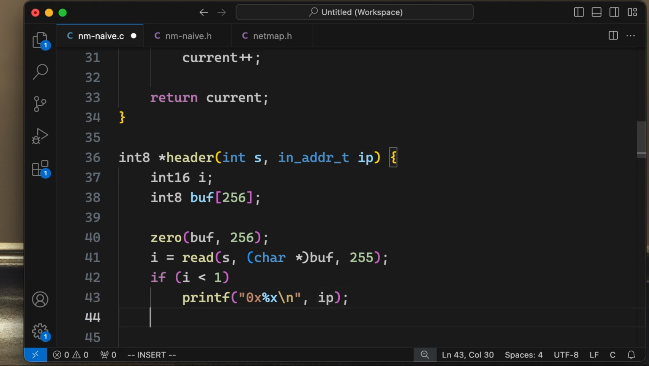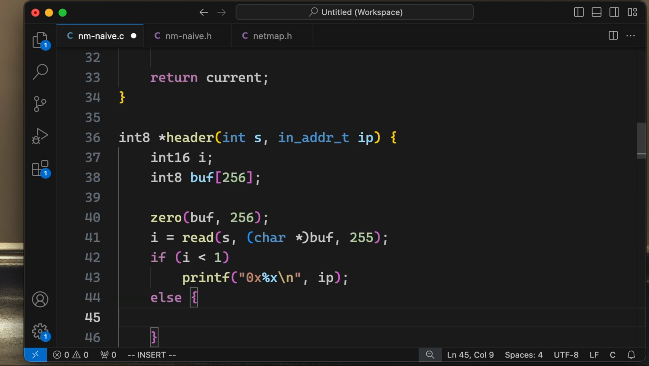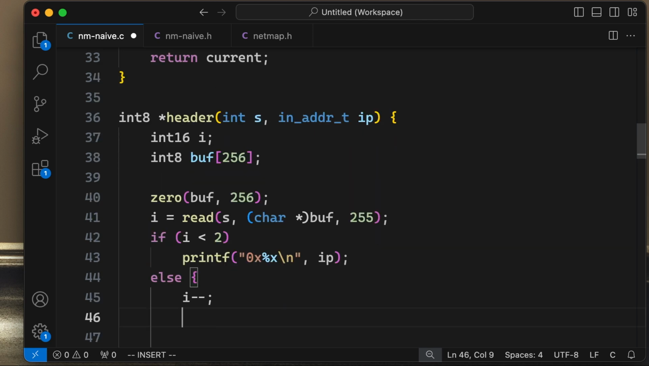However, if I is reading something, it has a value greater than 0, then we want to turn it into an index. Let's see, let's do 2 here instead, by the way. It will make stuff a little bit easier for us. And why would we read 1 byte? That's not really interesting, right? So let's take this minus 1